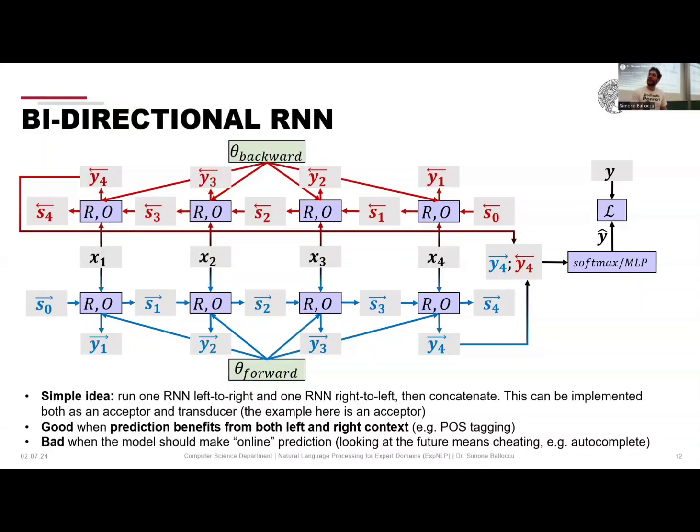So if you actually wanted to do part of speech tagging with this setup, then we don't only have to put together y4 from both directions, but also y3, y2, y1. So the answer is we shouldn't use only the final token, but also the other ones. It depends how you frame your task. Again, I'm going to appeal to authority and say they do it like that, so it works. But also, intuitively,